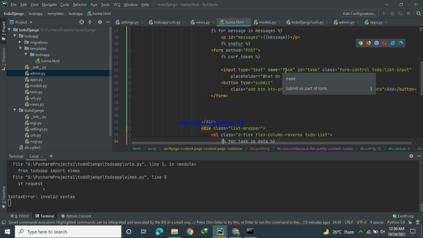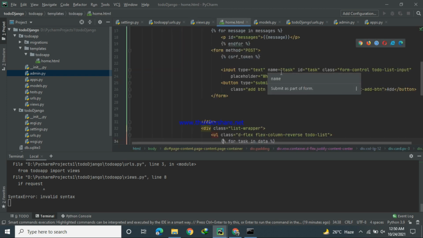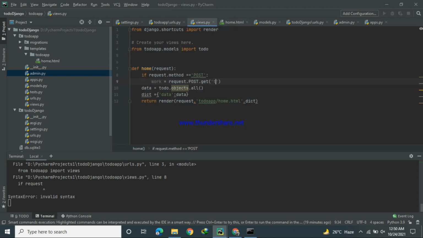Okay. We are getting the data using the name declared in the HTML of the input. Name is task. .get('task'). Our request will get the task and will store the data in this variable work. Okay.